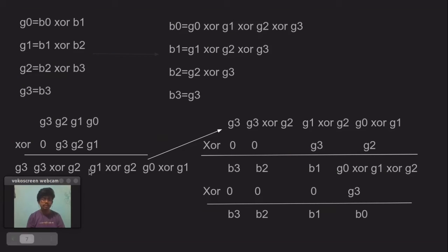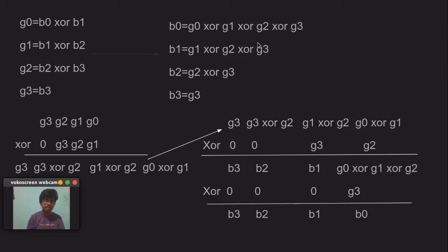So now let's look at the other part of the PPT, that is conversion of gray code to the binary number. From the K maps of G0, G1 and G2, we have got these relationships. From these relations we can see that B3 is G3, and from taking the XOR of these two numbers, we get B2 is G2 XOR G3, and taking the XOR of these three numbers, we get B1 equals G1 XOR G2 XOR G3, and similarly for B0 we get G0 XOR G1 XOR G2 XOR G3.